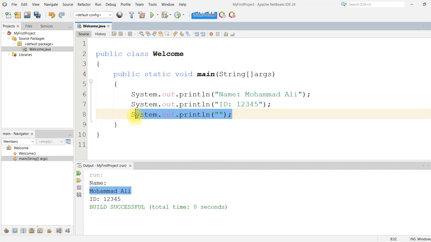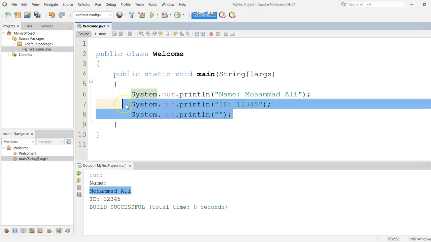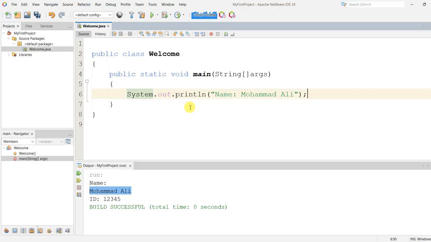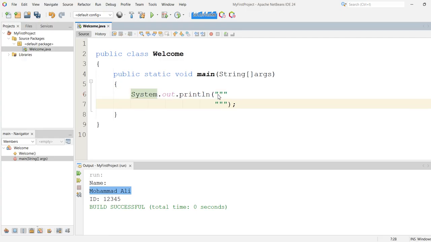So instead of using multiple System.out.println, I'll be using a text block. When we talk about a text block, it is the same, we are also going to use System.out.println. However, we are just going to modify the quotations over here. Since our objective is to display multiple texts on different lines, instead of using System.out.println multiple times, we are going to use text blocks. To use a text block, we are going to add two more double quotations. We press enter, and now we can start typing our text.